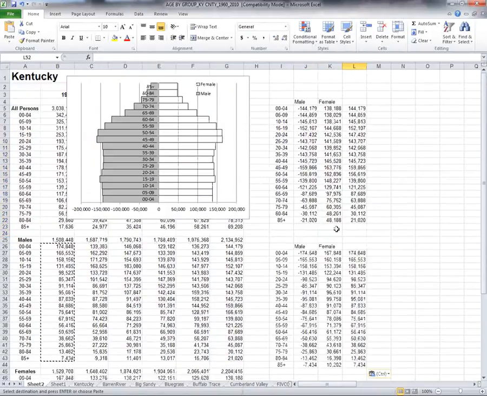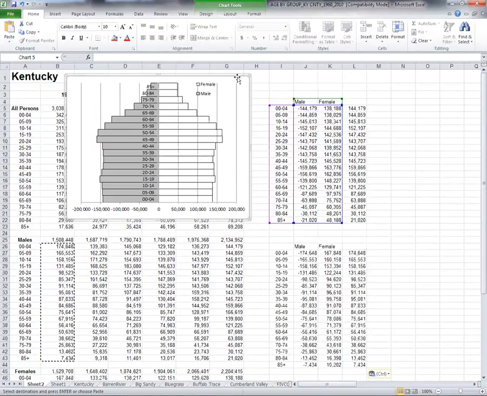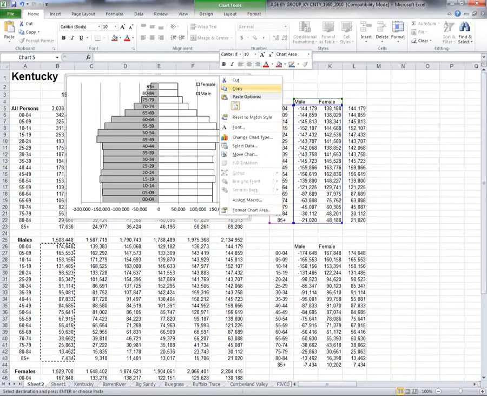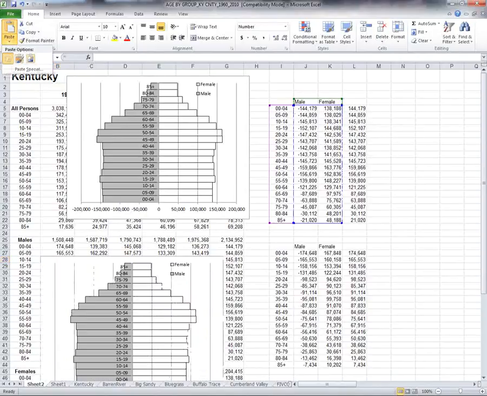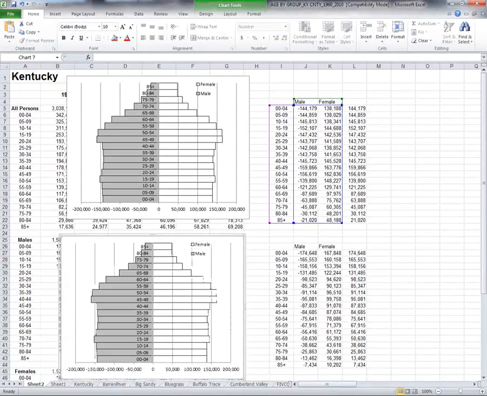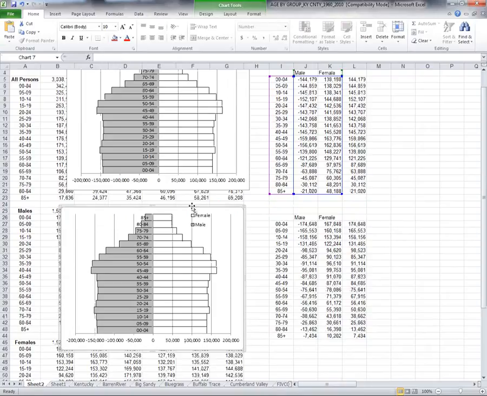So next thing I'm doing is that I'm going to highlight this graph that I just made and right click on it and click on copy, and then go to any location and then go to paste and just choose the first icon, so it's paste, and then you have different options. Just choose the first, whatever the first is, and then you will see the graph is copied and pasted for the second time. So it's a second presentation of the